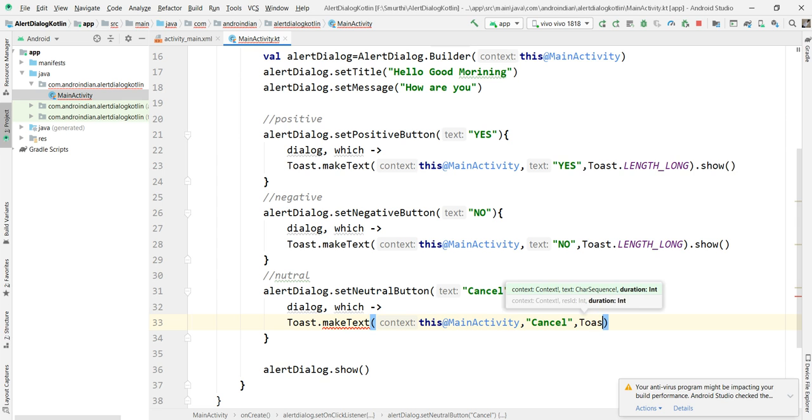Then I want to display the toast with length long, finally dot show. So now I want to run this program.